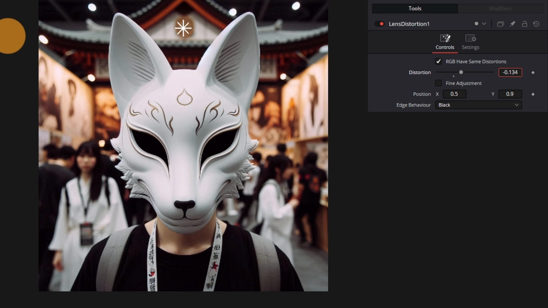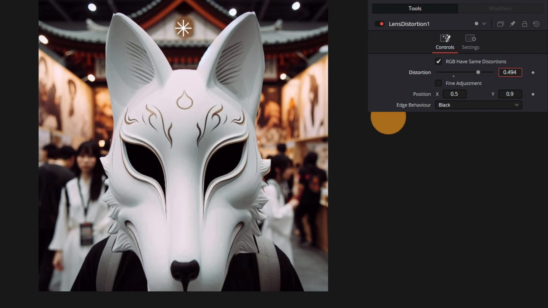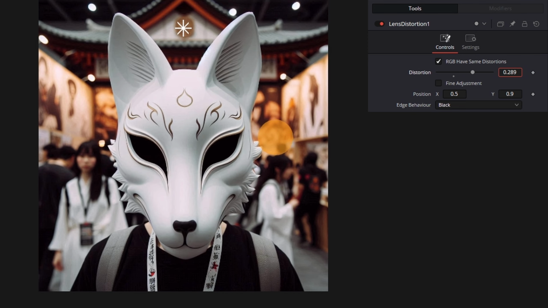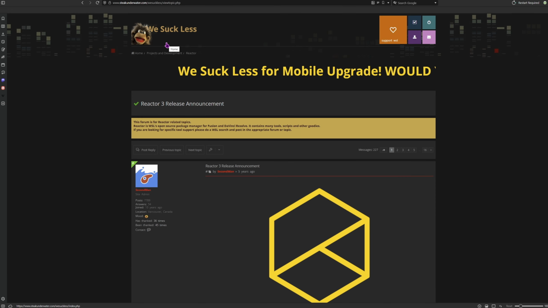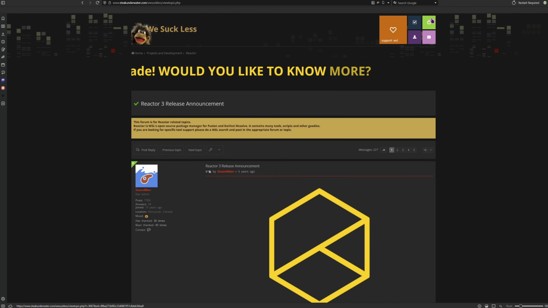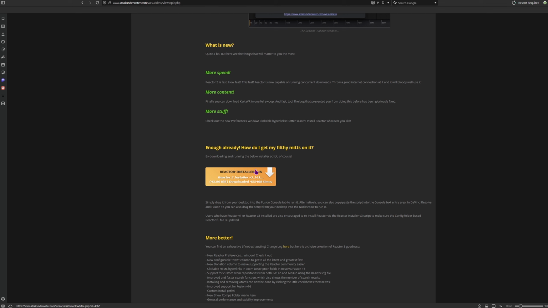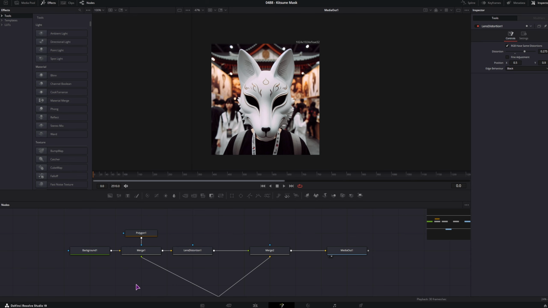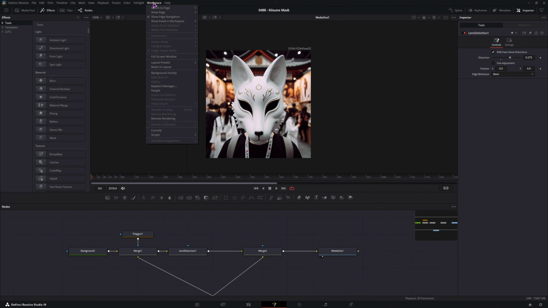And now we want to sync this distortion to a song or maybe some speech. And how we'll do that is with the plugin. We'll have to go to the WeSuckLess website, download the Reactor plugin. As you can see, I am not logged in. And you can download the Reactor Installer plugin. Once you have this downloaded, you will simply click and drag it into the Fusion page right here and drop it. It will take some time to install, and once it is installed, you will go to Workspace, Scripts, and